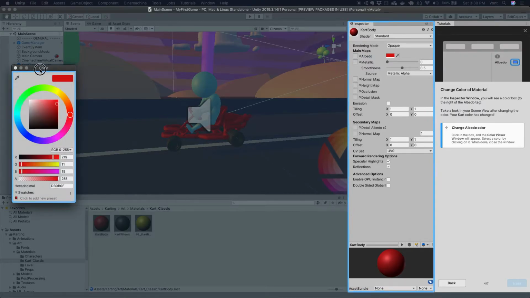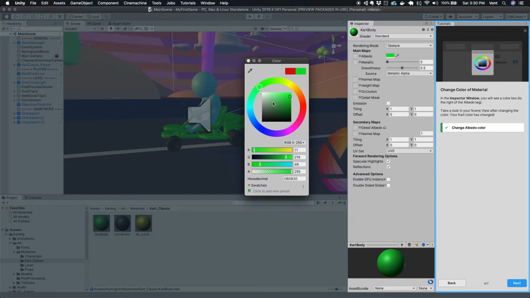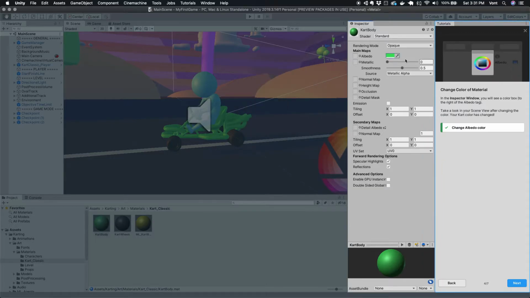Let's bring that into view here. Okay, so we've got a color picker window. I like green. Oh, check it out, it's changing already. Yeah, we're gonna go with green, green color there. Close out that. What is this box here? Anyway, next,